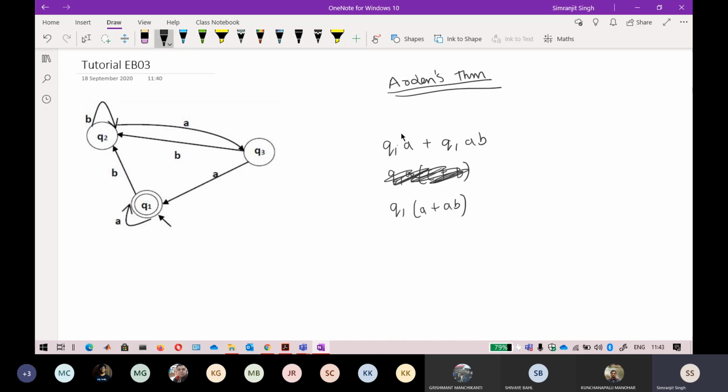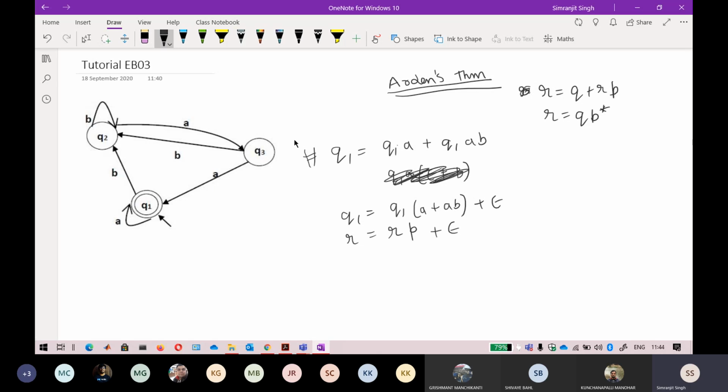Why do we do that? Because if you remember, the expression of Arden's method is R equal to Q plus RP, and its solution is R equal to QP star. How do I get it like this? Only if I take the state common. That is why R equal to Q plus RP, and then there will be something like epsilon or something. Keep that in mind. Whenever you take something out common, always take out a state common. Don't attach anything with that state so that it does not become complex. This is a tip that I want to give before solving any question.